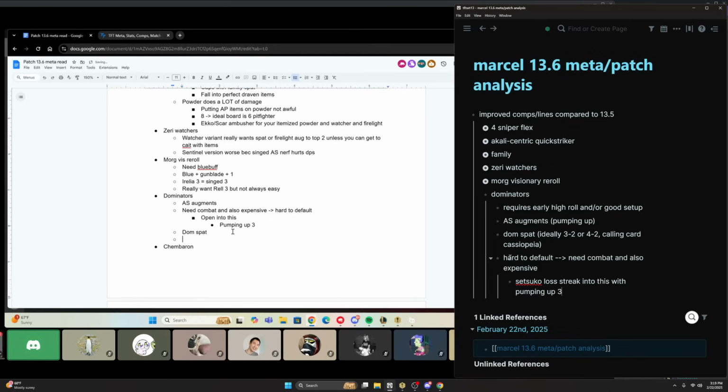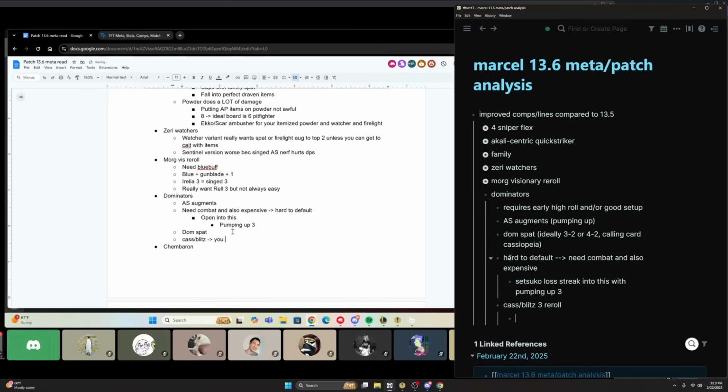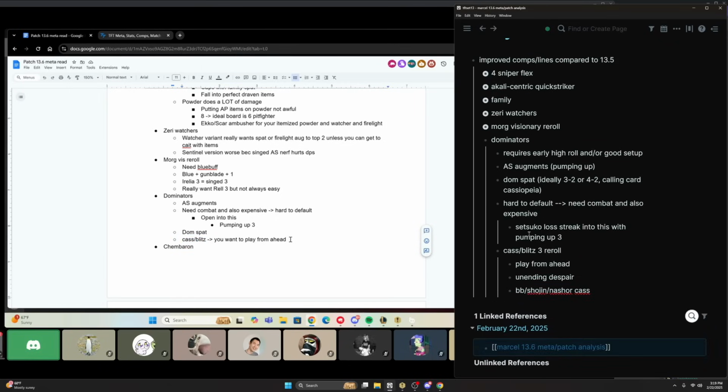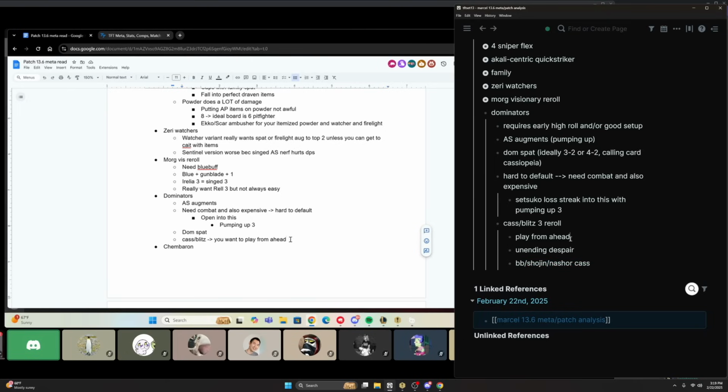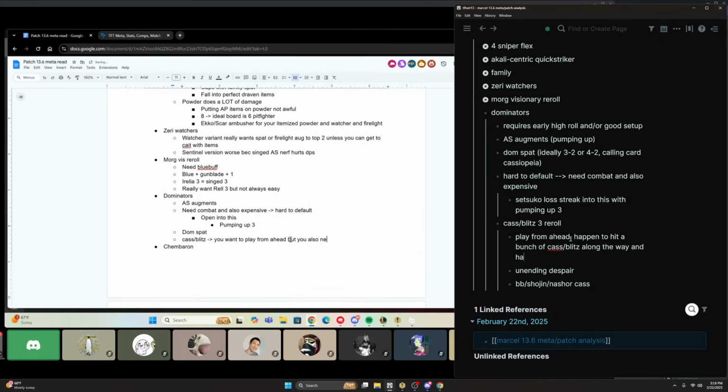The other variation is like the Cass Blitz, right? I think this one you really want to play from ahead. It's kind of hard because this comp you play from ahead, but then the items are so specific. So I'm still not convinced that this line is truly playable. You're just planning to play around Cass Blitz tempoing into something, probably into Dominator like Silco, and then you randomly drop a million tiers, because you also need specific items,